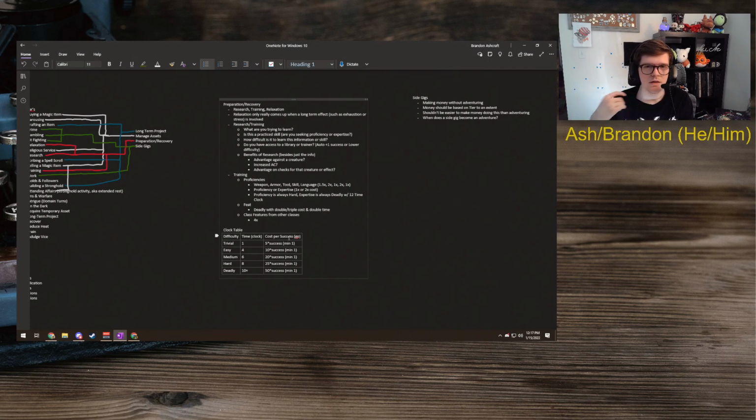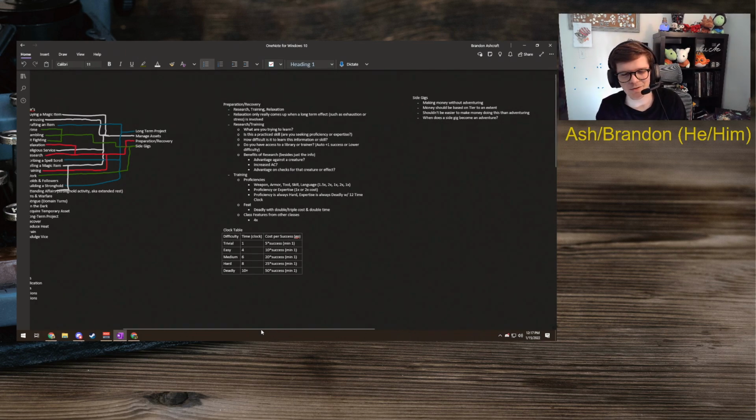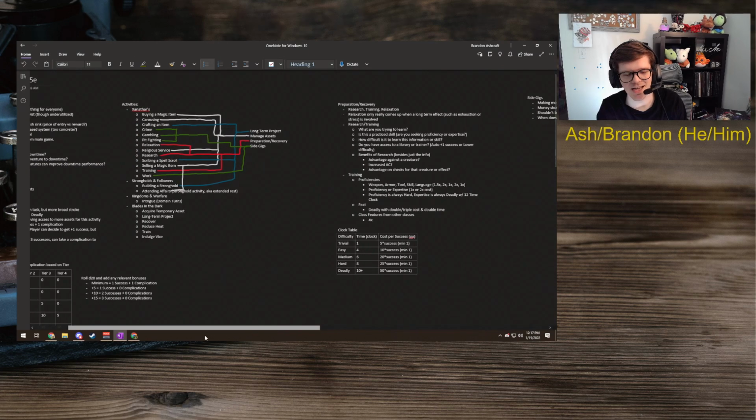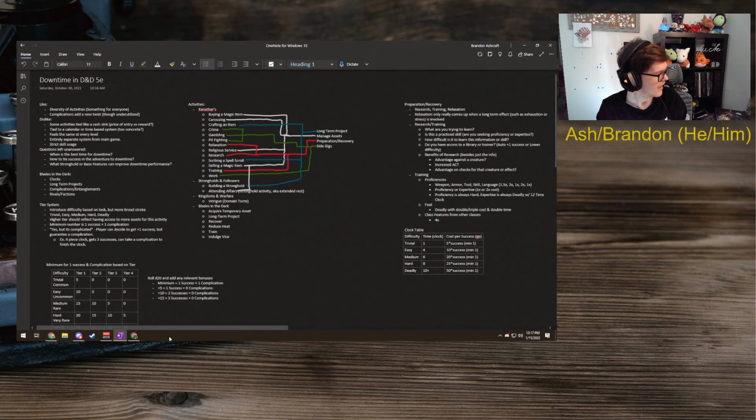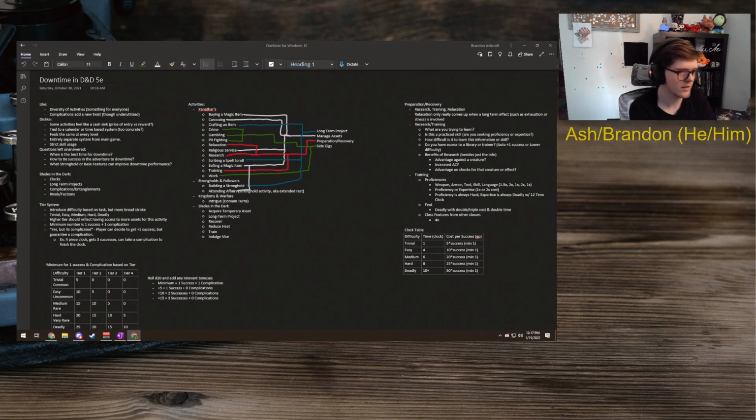So I think we have a good starting plate for everything: downtime, research spells, summon Greater Baja Blast. I did not include making your own spells in this. I probably should, but it's just the Stronghold activity from Strongholds and Followers. Summon Greater Baja Blast. I had Taco Bell yesterday, but I didn't get a Baja Blast. I probably should have. But yeah, I think we're going to wrap up here and go check out Outlaws Network.